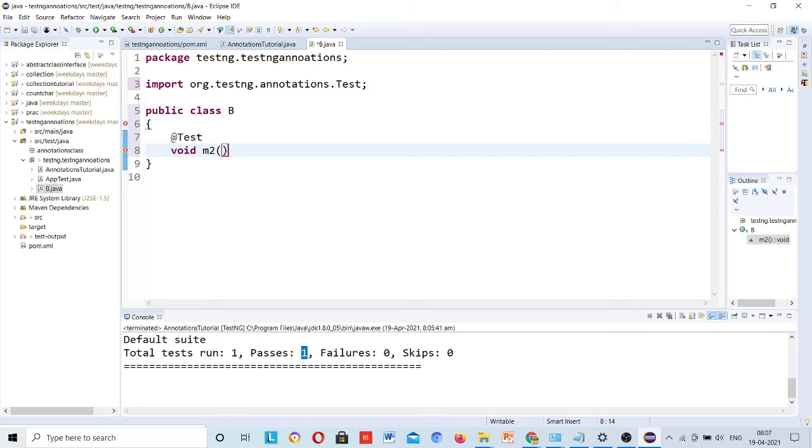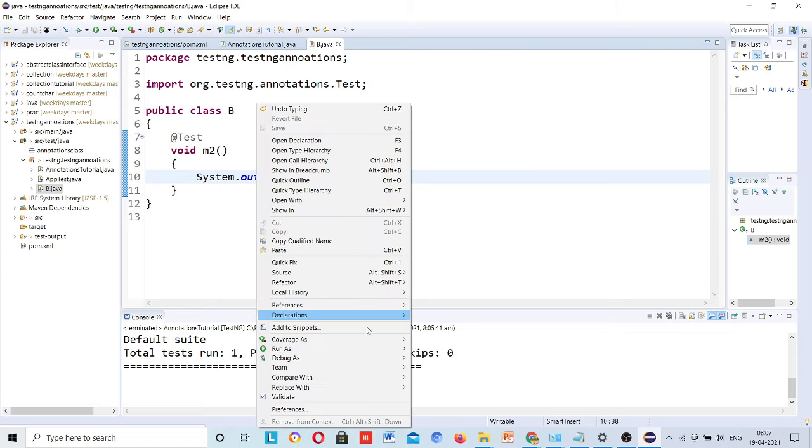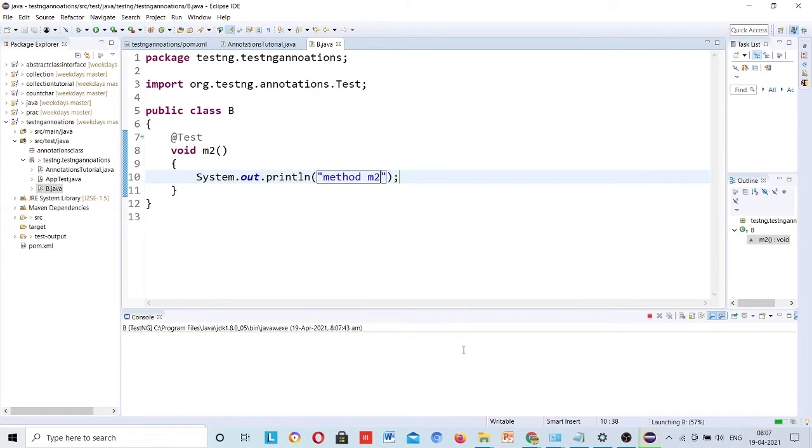I am using m1 and m2 so that you will easily understand the flow. Otherwise, if I start writing scripts here, it will take time. The agenda is to let you understand how the flow is working. So method m2, you can run it also separately.